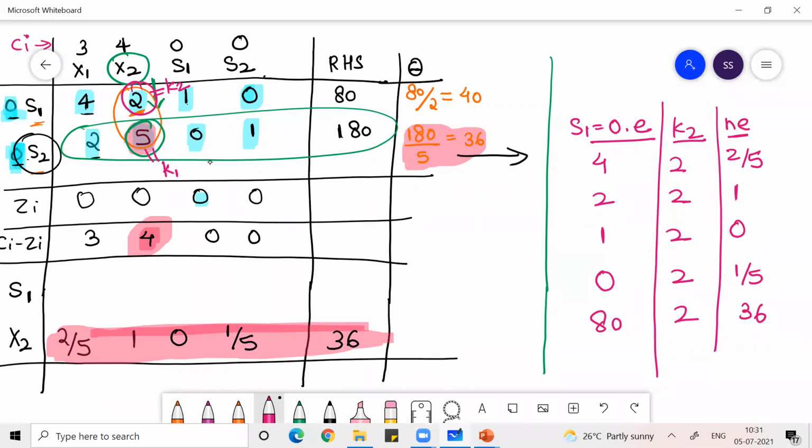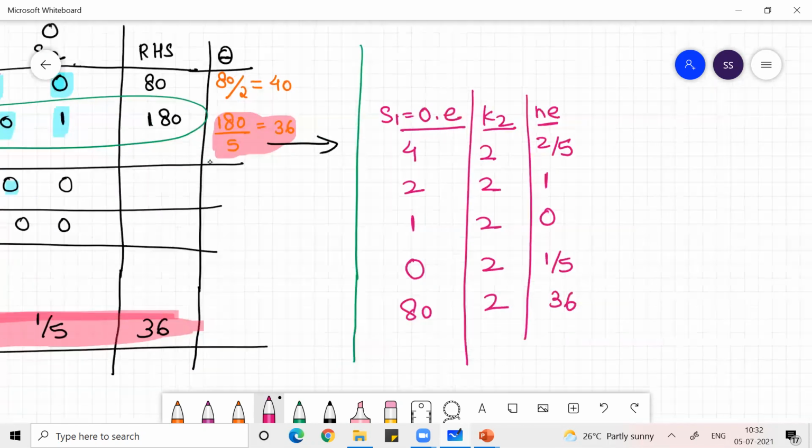What I'm trying to do is find the new values of the row S1. To find the new values in the row S1, I need the old values of S1, the constant corresponding to that row, and also the new element. The new element is the array of values which you just constructed, the values of the row which is being added. That set of values of that row we call the new element.